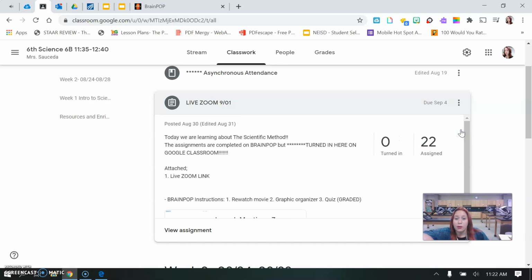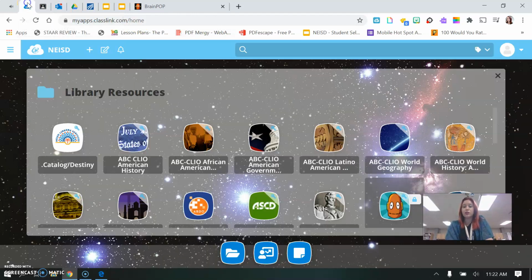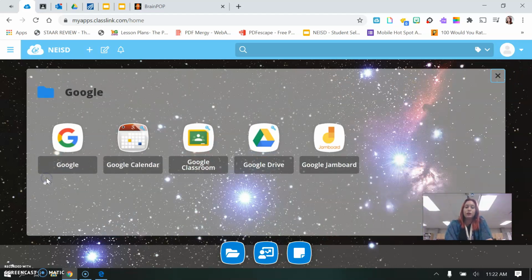Now, one thing that we went over today that's not on this agenda is your email, your Drive, and your Skyward. So just a reminder that there are some important resources on your Launchpad that you need to be able to access. If you go to Google, you can get to your Google Drive, which is going to have any file that I've made you a copy of, so your Bitmoji Locker, your CER, PowerPoint, your learning inventory